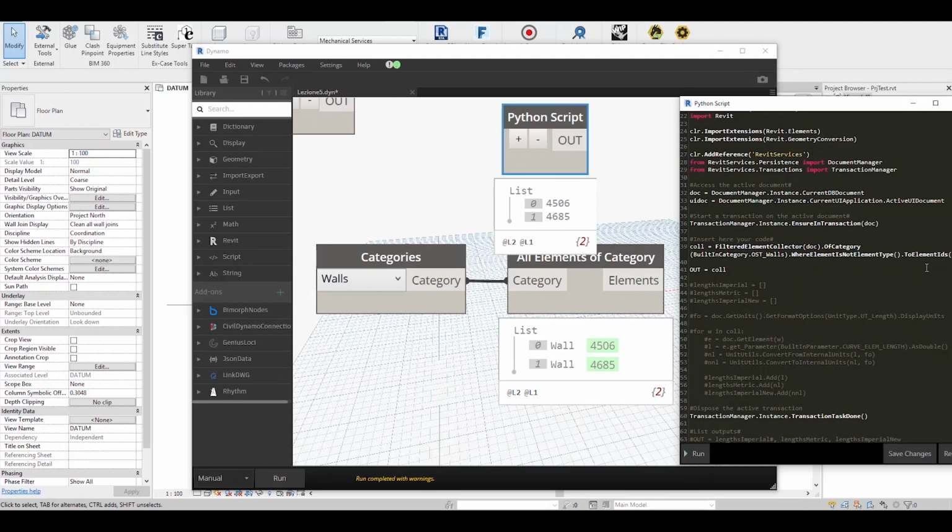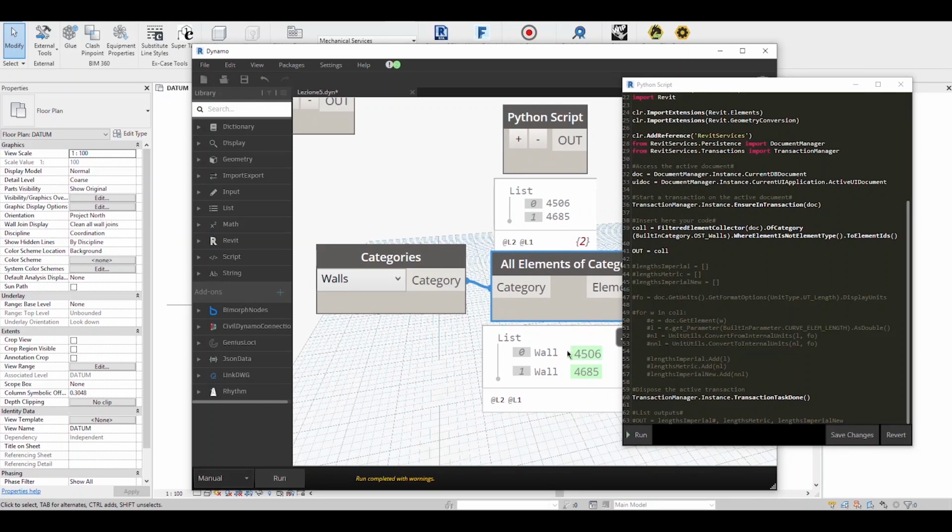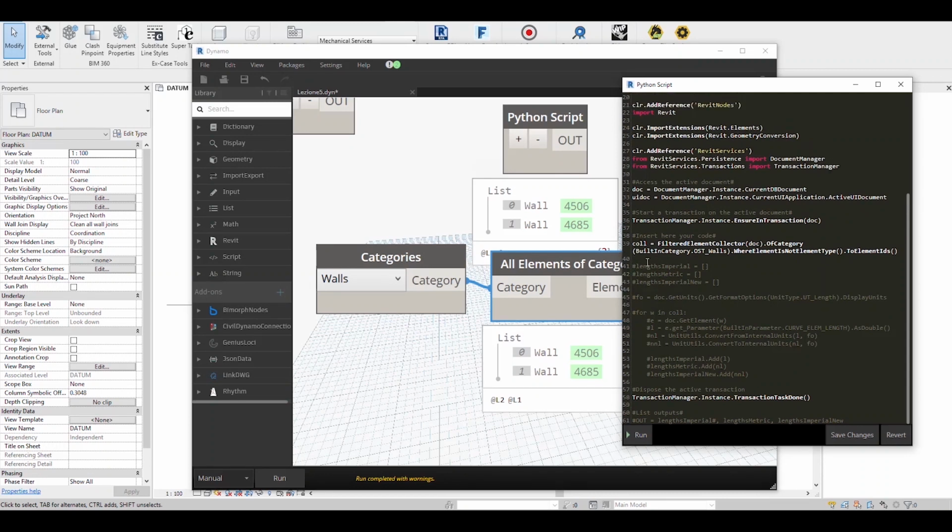So we're just getting the element IDs, so we're not getting the object itself, but this can be converted into elements, and that will provide you exactly the same output. I'm trying to get the element IDs because of the way we then need to retrieve these objects in the document. So if I then jump straight into this for loop,